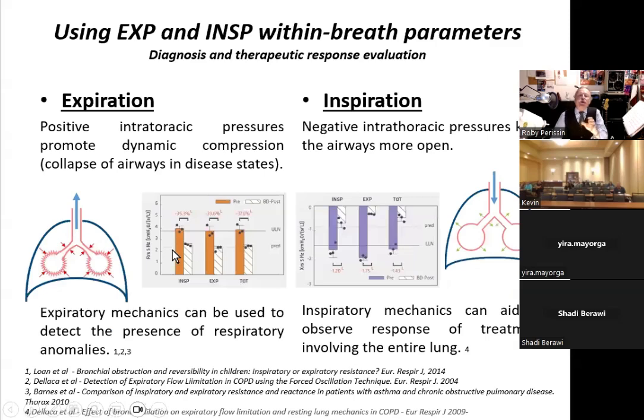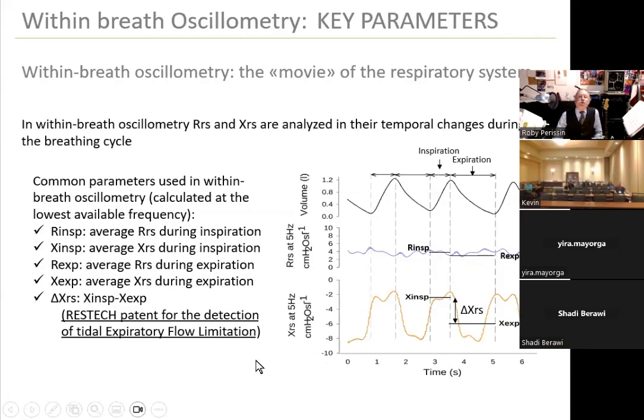And this is why you get three parameters: inspiratory, expiratory, and total. The main one that you want to look at is the total, which is the sum. But it's interesting because the expiratory parameters are what can be used to see at the end of the test that there is a disease. And the inspiratory change pre and post, look at how evident it is. It's actually the best to measure changes due to treatment, any treatment. So that's how it makes it really simple to use. To summarize, the most important parameters are the inspiratory and expiratory resistance and reactance at the lowest possible frequency,